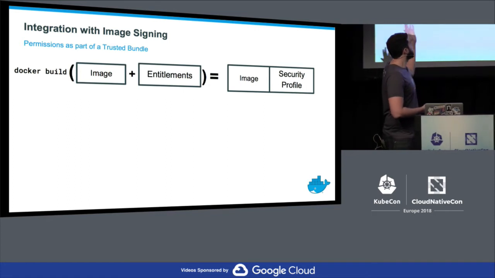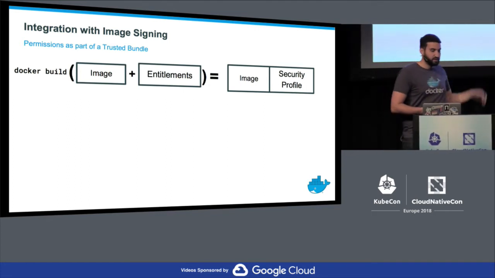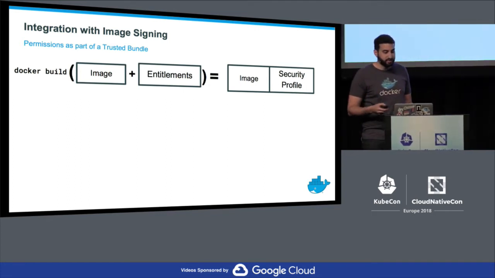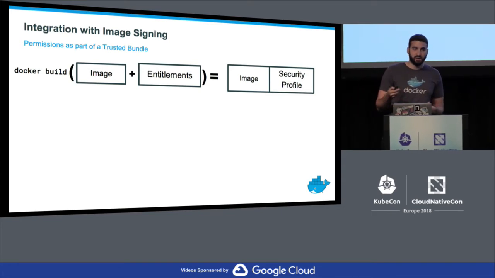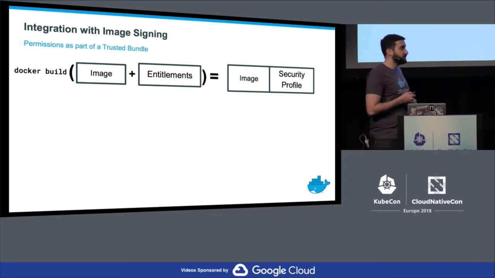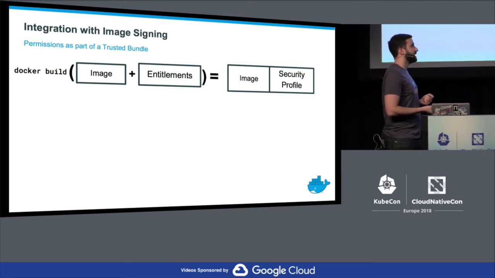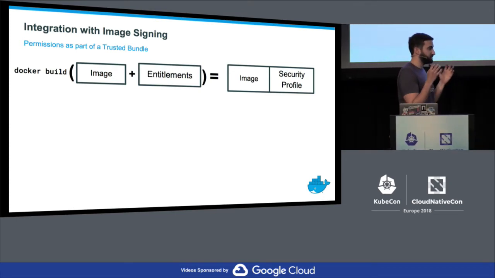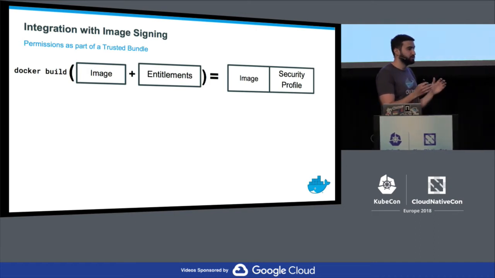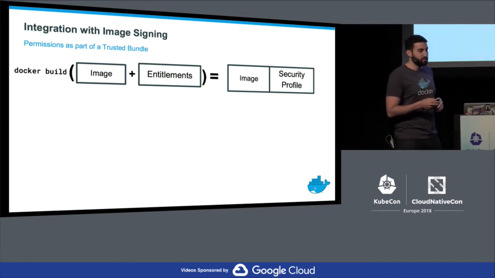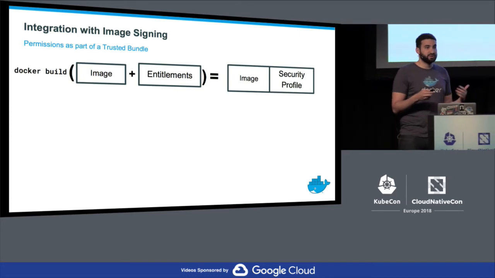Here it's a Docker build, but any image builder and image signer should do the trick. Basically, if you take your image and the list of entitlements and you bake that into a bundle that ties the two together, you get an image with its own security profile